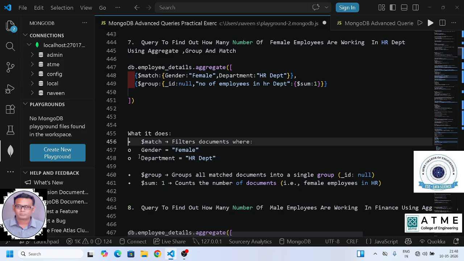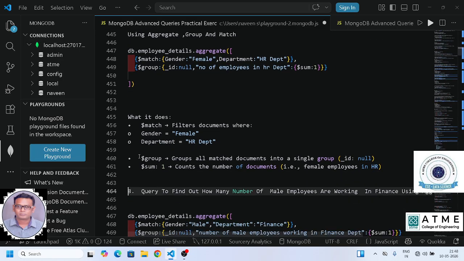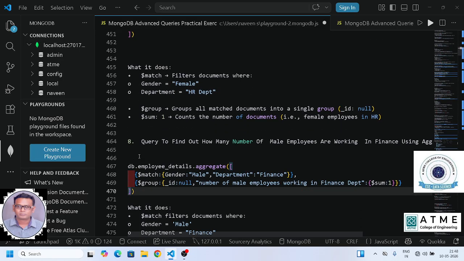What are the basic definitions here? Gender is female, department is HR. The group groups all the matches into a single group. Sum counts the number of documents. So next comes the